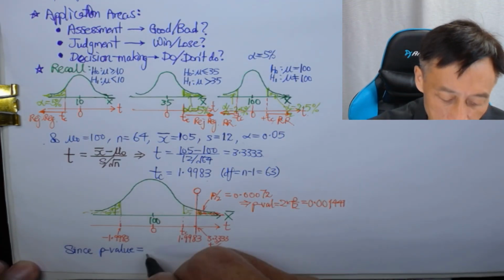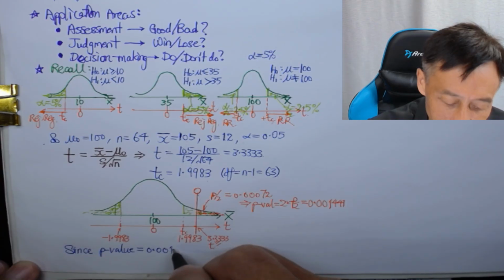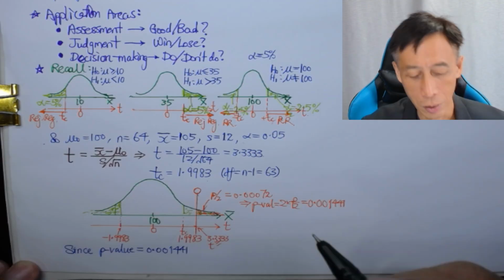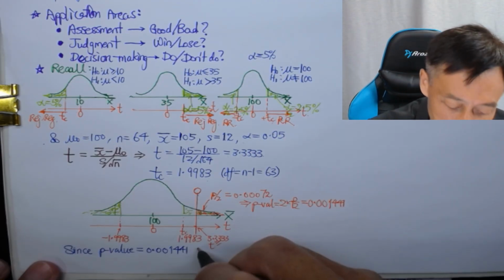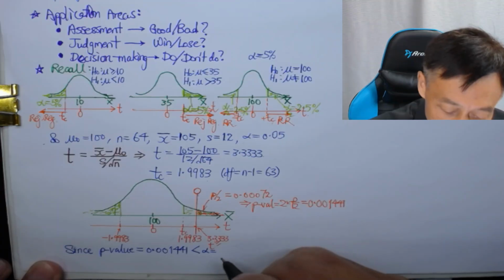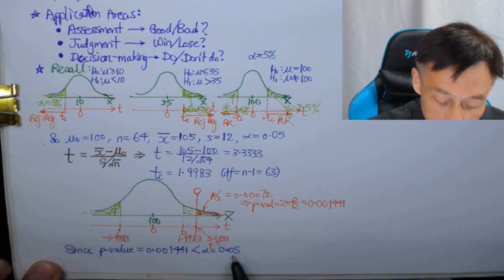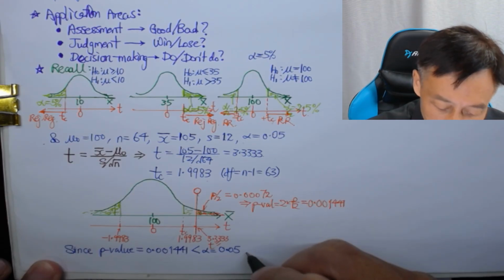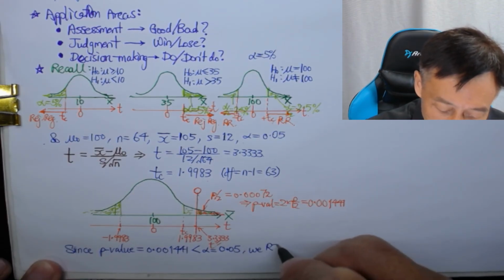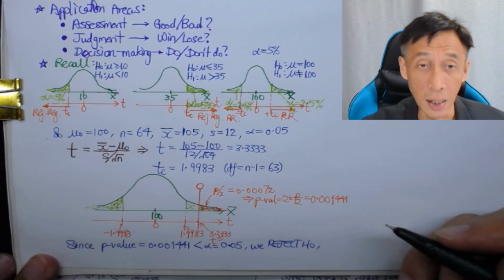What you do is you just procedurally compare p-value with alpha and say that since p-value, which is this number, is less than alpha, which is 0.05, this is 0.01, this is 2 zeros, we reject H naught and conclude